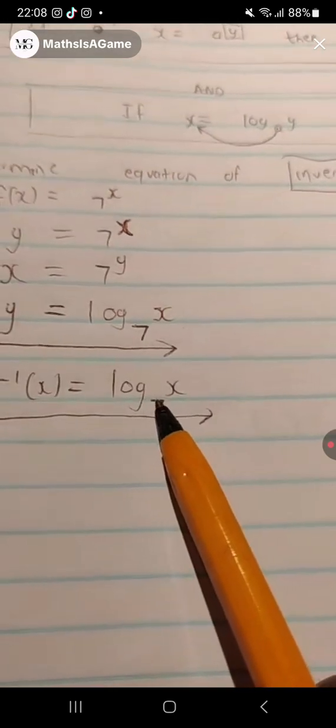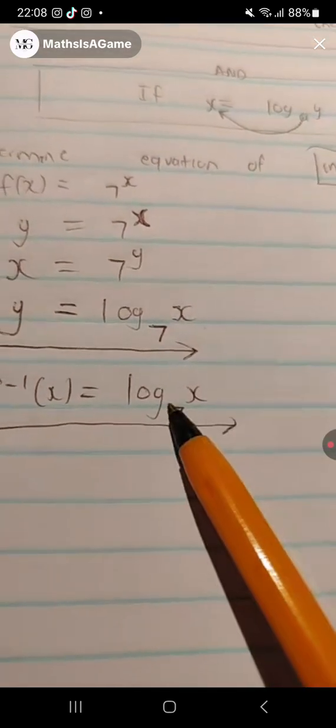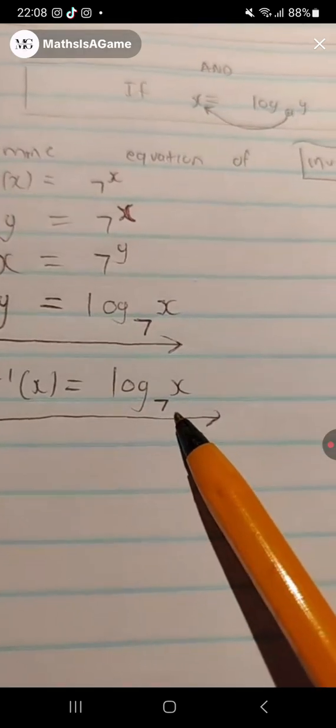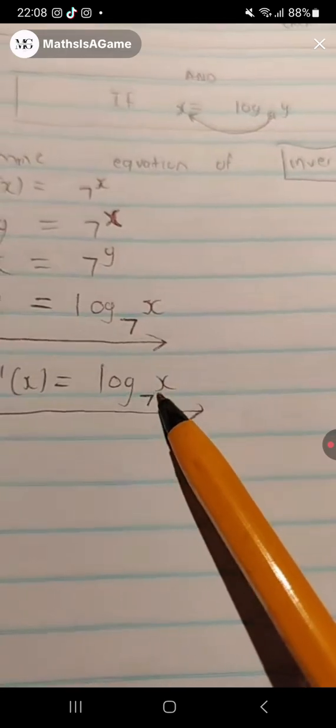Yeah, TikTok doesn't allow us to write the base of the 5, eh? Do you see, guys, that this 7 is written sort of like that there. It's very important. We don't write it next to the 7. Of course, I understand you guys because we can't write the base. I get that. But I hope you understand, lest we fall into a misconception of thinking it's 7x. No. It's log x base. Just give me the base. You see? Okay, so I see your response.